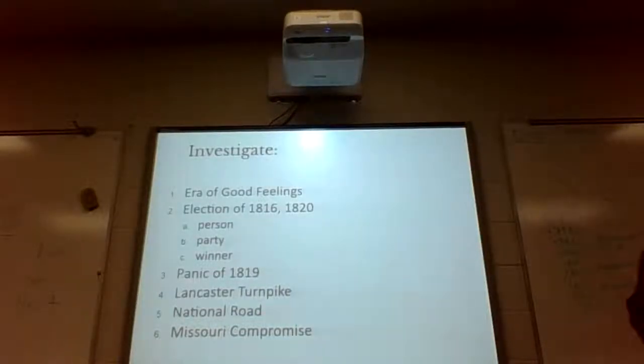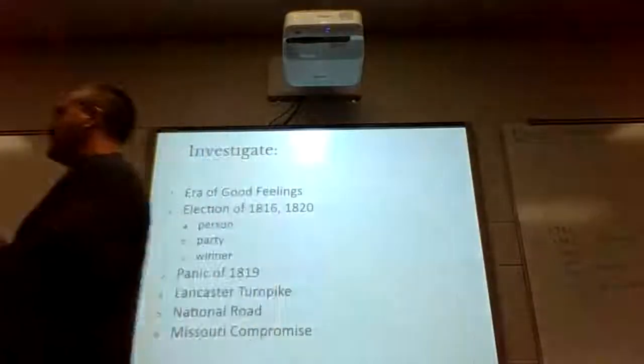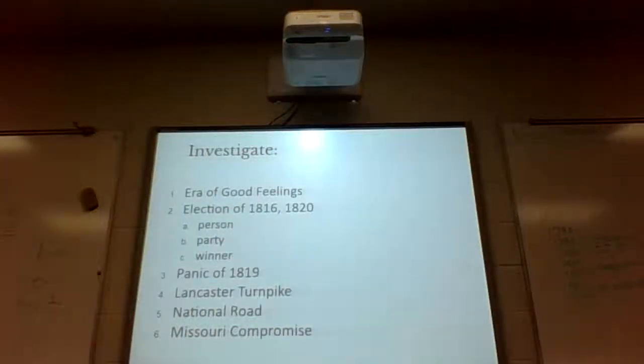What was the Missouri Compromise? Congress passed a law that Missouri was a slave state, Maine was a free state, and every other state in the Louisiana Purchase located north of the 36°30' parallel was free. Perfect. Okay, I assume they want you to repeat that. Congress passed a law that Missouri was a slave state, Maine was a free state, and every other state in the Louisiana Purchase north of the 36°30' parallel was free. I have a map I'll show you in a minute here. So have no fear.